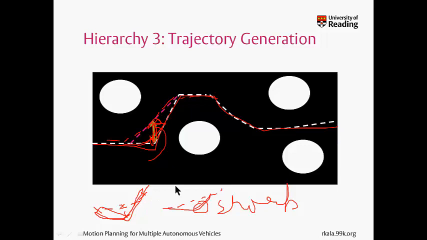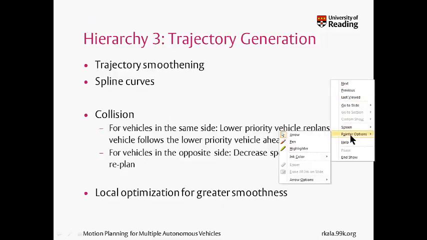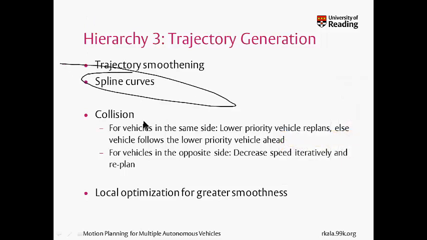And thirdly, it is possible that the trajectory is infeasible. I basically generated random snapshots. It may not always be possible to connect these snapshots. What this figure does not show are the other vehicles, but there would be other vehicles. If I smooth it up, maybe I'm causing a collision with another vehicle. So it tries to make infeasible trajectories feasible by a small local search. By the way, smoothing is performed by spline curves. If I still cannot find a feasible trajectory by using a small local search,